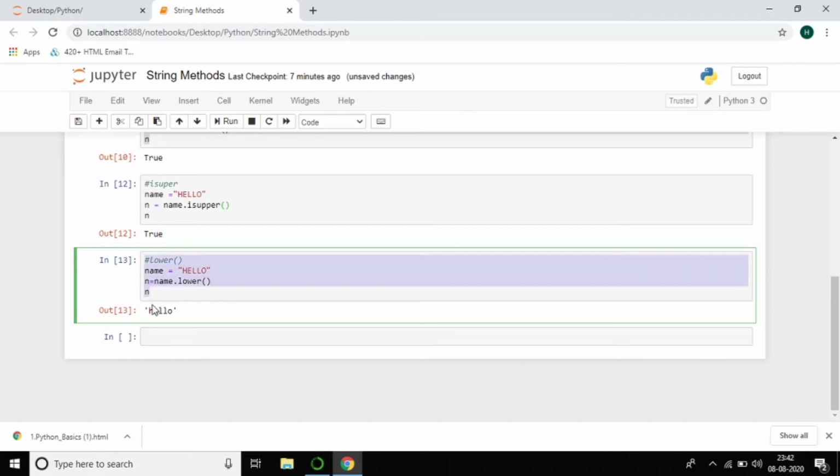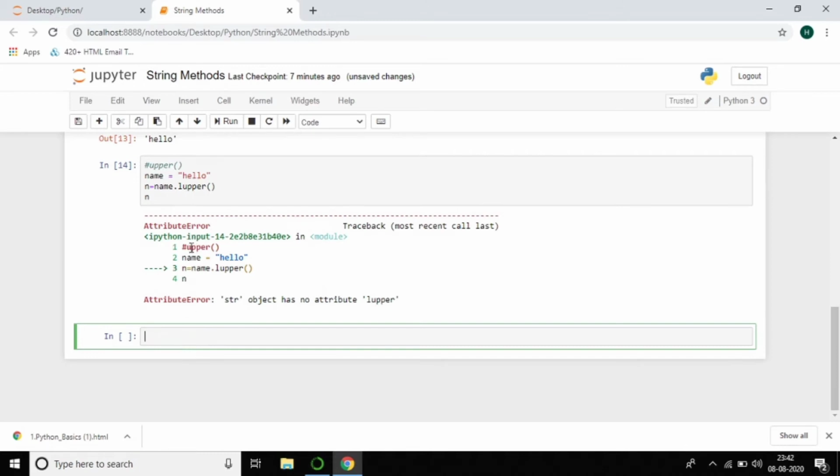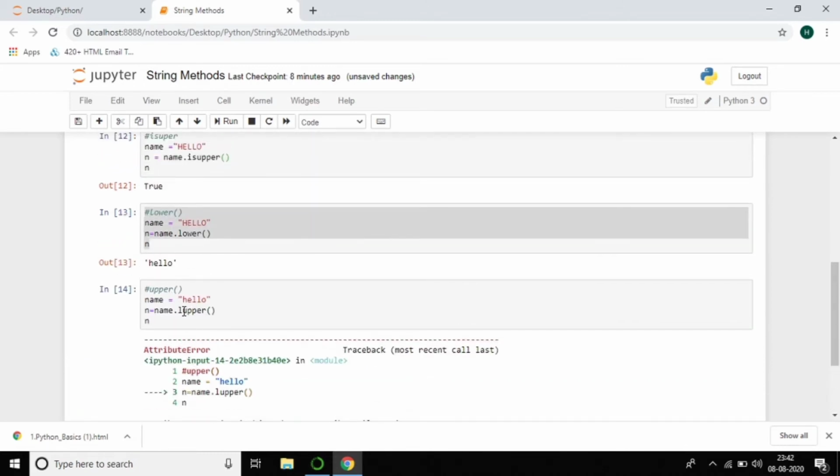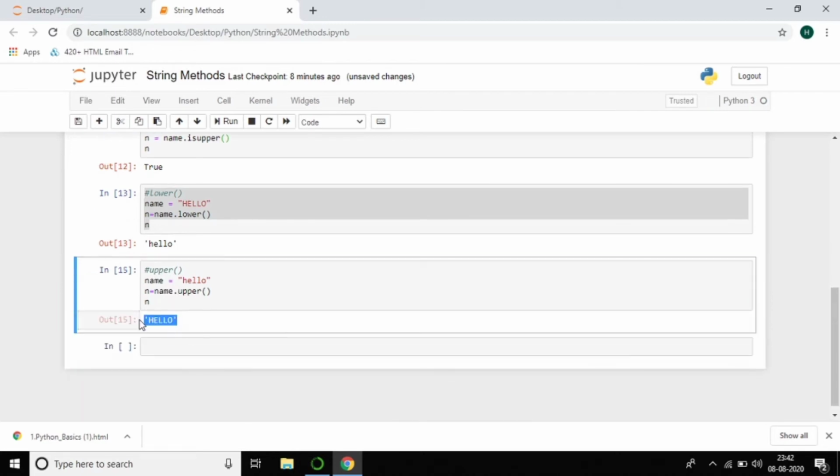It is the same with upper, and the lower string I gave was converted into upper. So this is about lower and upper.